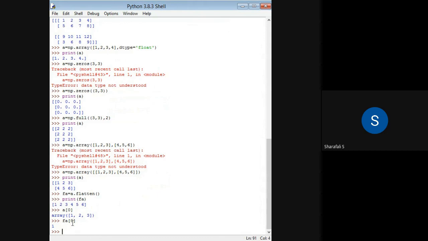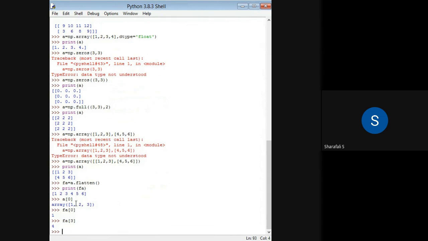And if I consider something like fa of 3, for example, then you can see 4. So that is the index position, index value. Index value 0 here, 1 here, 2 here, 3. So I will be getting that 4 as my element. This is how we can access different values in a one-dimensional array. You can also add them.